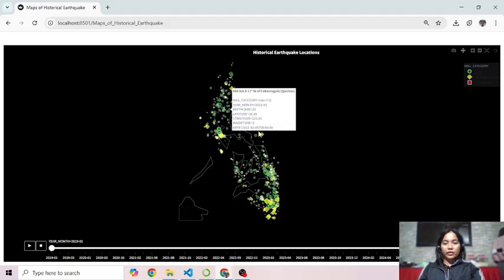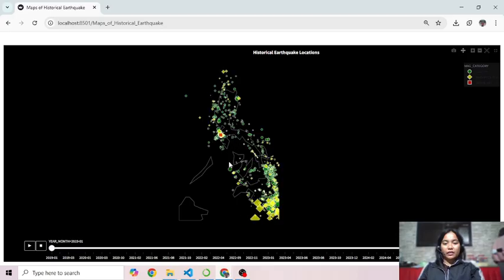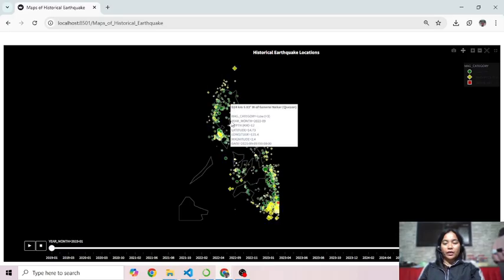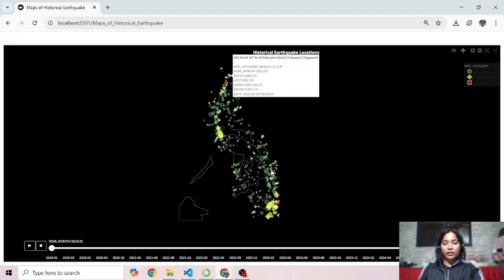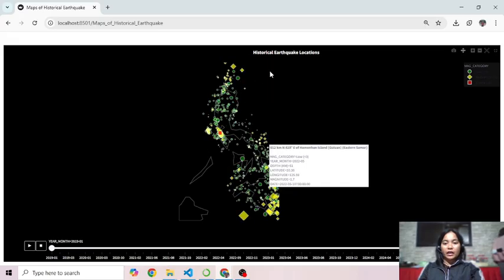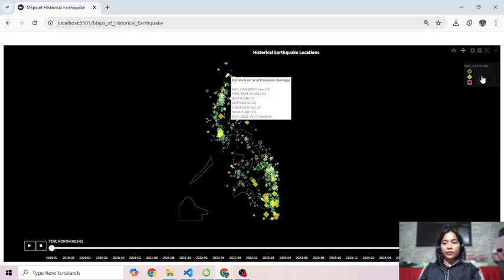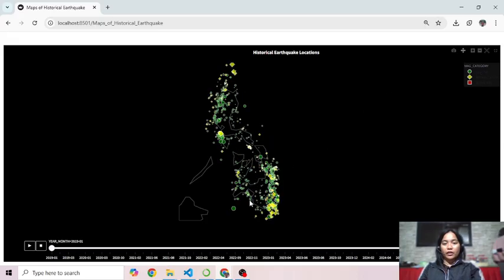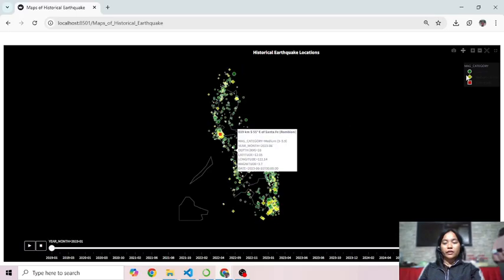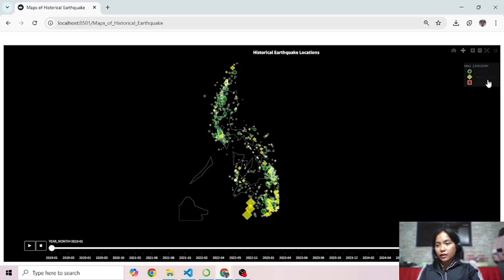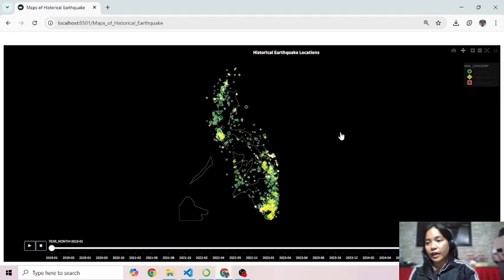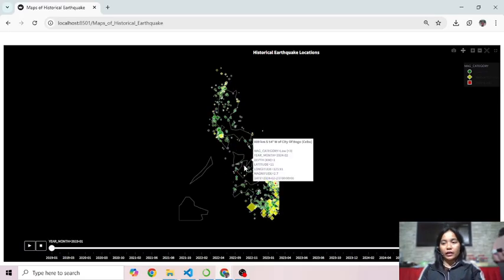As you can see, this is where the earthquakes happened in the Philippines, and if it's green it means it's low. If it's yellow it means medium, and red is strong.